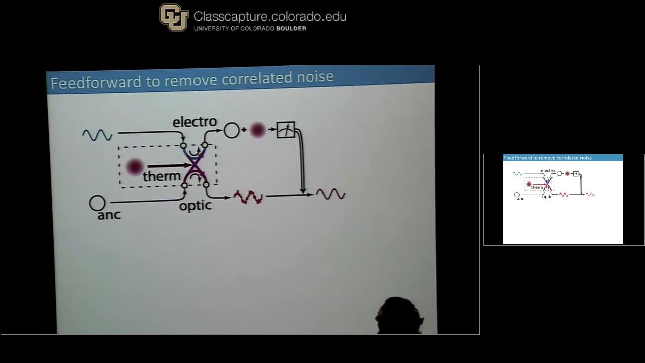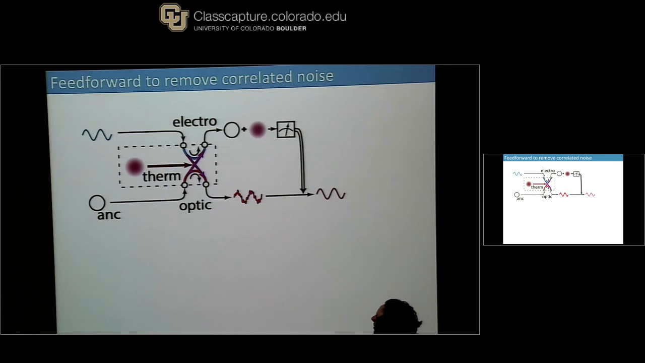So let's say I was trying to take some signal, the little blue squiggle there, and convert it to the optical domain, the red there, and I was thermally limited in my converter from the coupling to the mechanics. Then I would get some noise on the output optical signal. But if I look in the electrical port, I have a record of that thermal noise in the electrical signal. So classically, I could imagine that I just subtract that out,